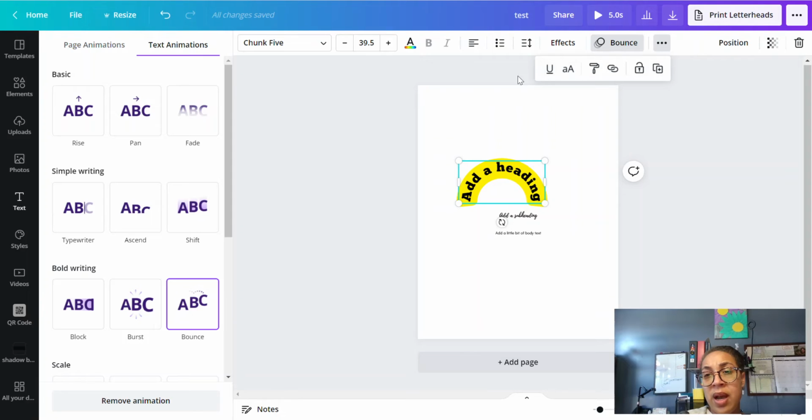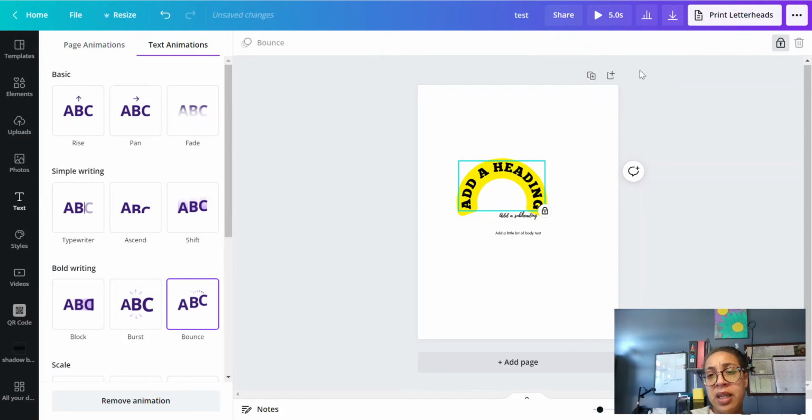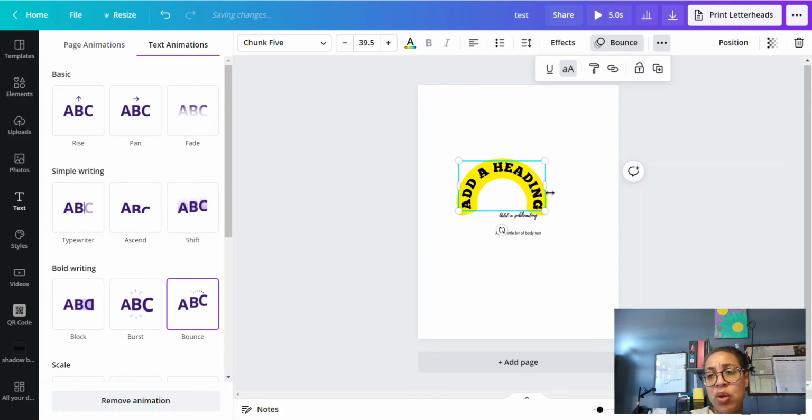And you also have some other features up here, underline. You can make it all capitalized. You can copy style, add link, lock. And you could do this with the elements too. And locking just holds it in place